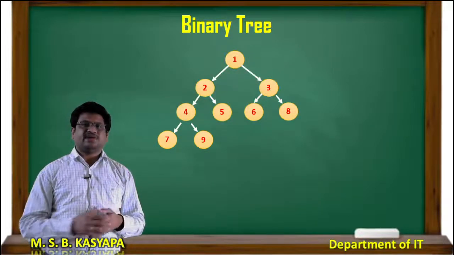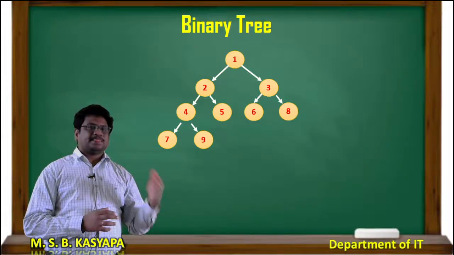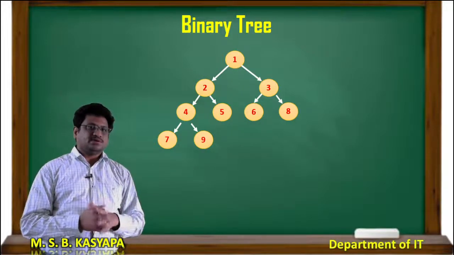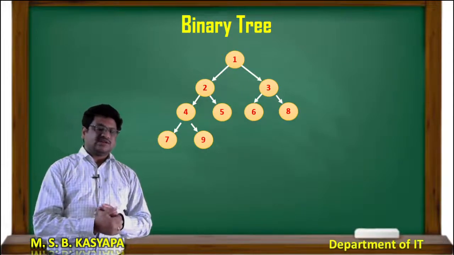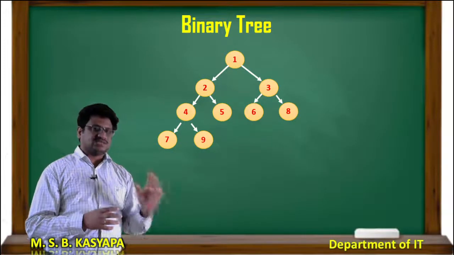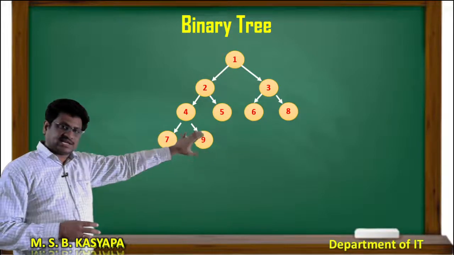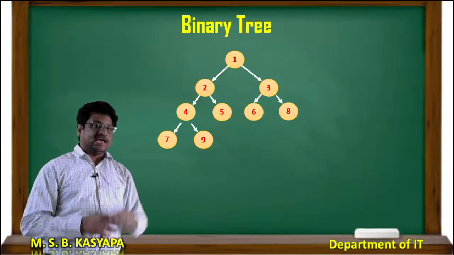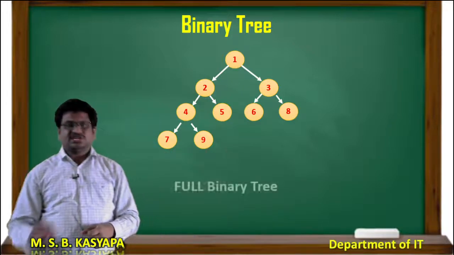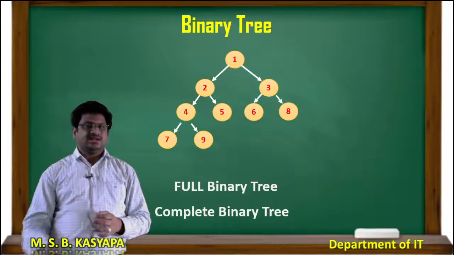So, what are the types of binary trees? We have 3 types: complete, full, and left or right skew. Let's consider this example. Now you can examine this one. Is it left or right skew? No, it is not left or right skew. And is it full? Yes, it is full. Why? Because every node contains either 0 or 2 children. Is it complete? Yes. The elements are arranged from left to right. So it is a full binary tree and it is a complete binary tree.